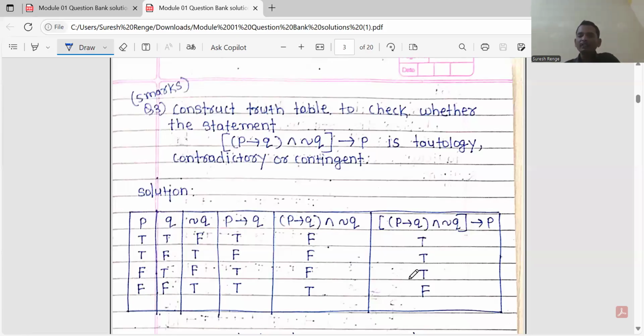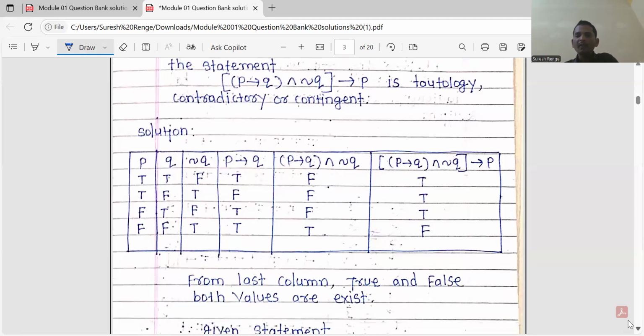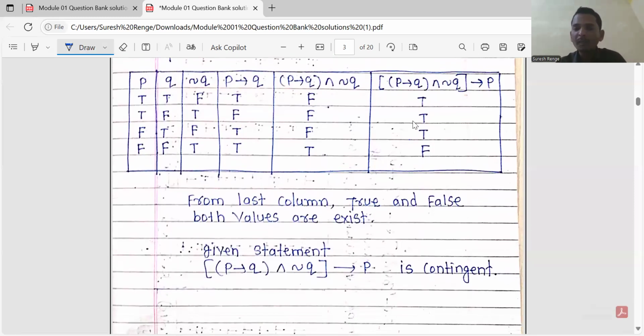If you observe this last column, the values in the last column are mixed. That means some values are true and some values are false. From the last column, both true and false values exist, and therefore the given